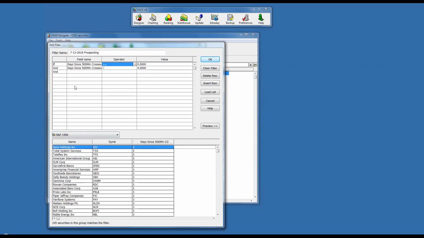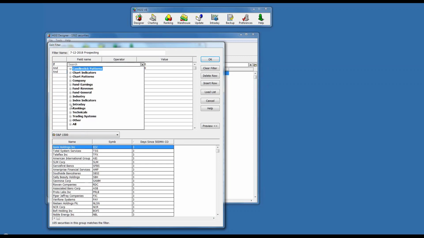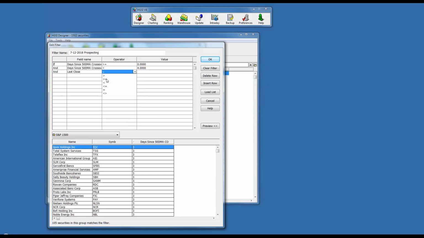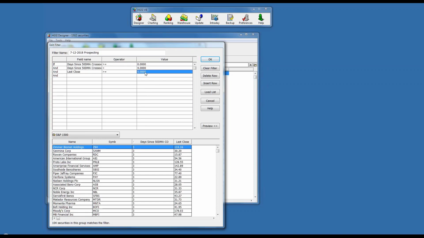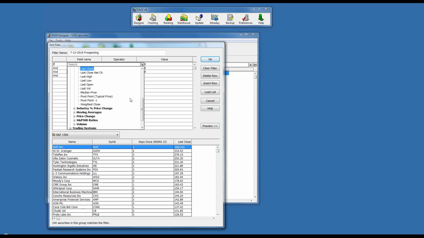And so we could add another filter rule here. Let's look for stocks with a last close greater than 5. That's not going to get us enough of a filter, I don't think. Most of these stocks are already above 5. Why don't we try something a little bit different,